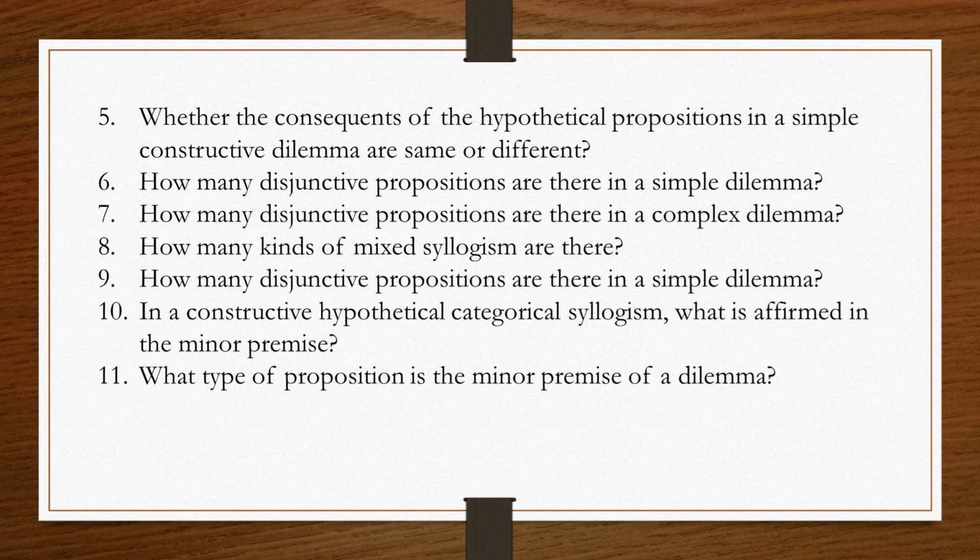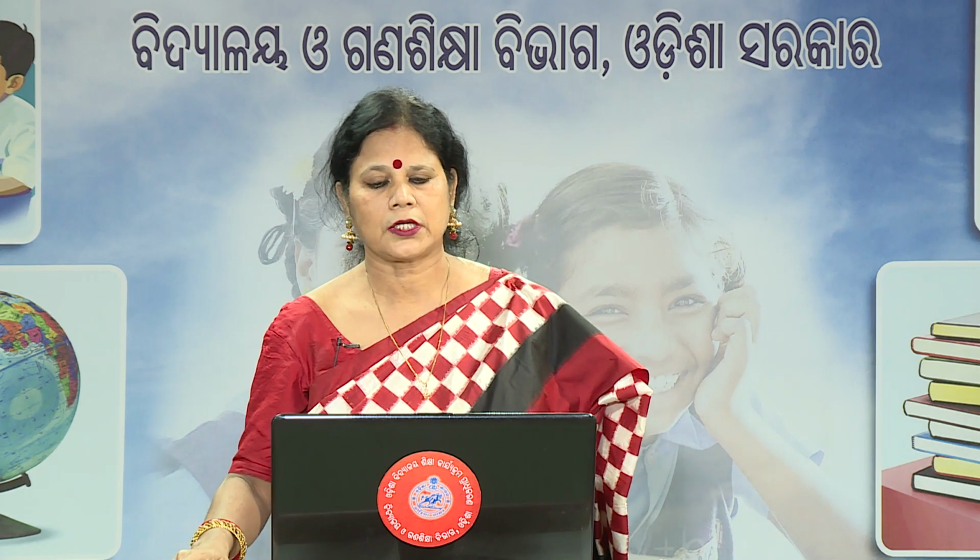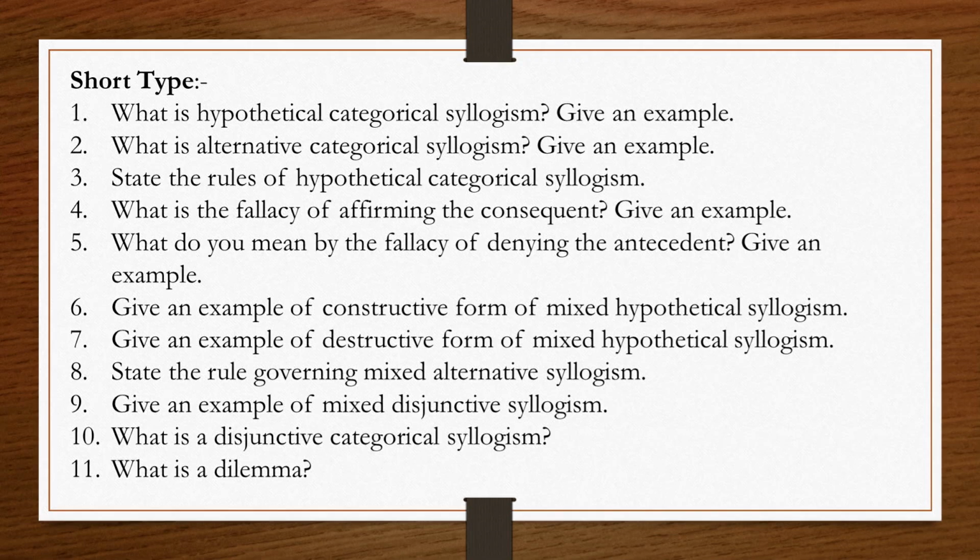What is affirmed in the minor premise? The antecedents are affirmed in the minor premise. What type of proposition is the minor premise of a dilemma? The minor premise is a disjunctive proposition. Then short question: what is a hypothetical categorical syllogism? Give an example. There you will write that in a hypothetical categorical syllogism the major premise is hypothetical, the minor premise is categorical, and the conclusion also is a categorical conclusion, and you will give